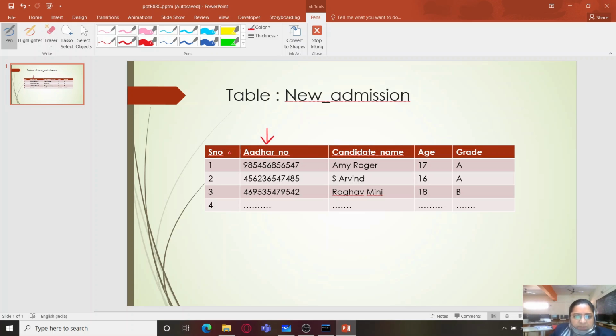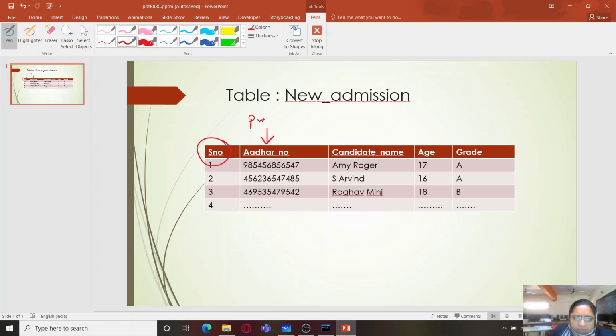Although serial number is fine, if we create more than one table, or if different tables are being created for different colleges which are affiliated to the university, in that case serial number would become very ambiguous because there would be more than one person having the serial number 1. Later on when we need to combine all those tables together at the university level, then the serial number field would not be suitable as the primary key.